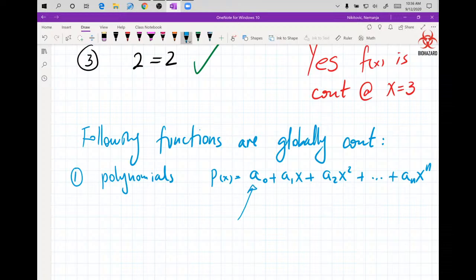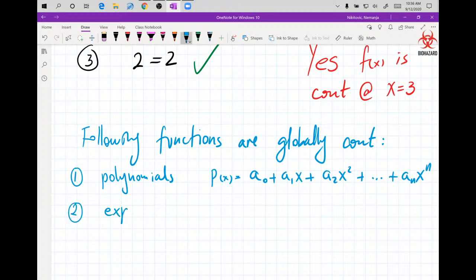This includes constant functions like y equals 4, always continuous across the board. It includes y equals mx plus b, linear, and a quadratic, and a cubic, and so on. So all of the polynomials are in there, and they're all continuous. You don't have to worry about vertical asymptotes and so on. Vertical asymptotes create discontinuities and other things as well. But